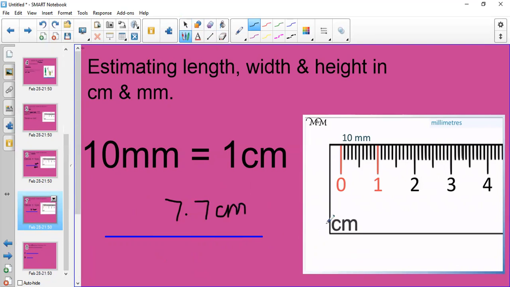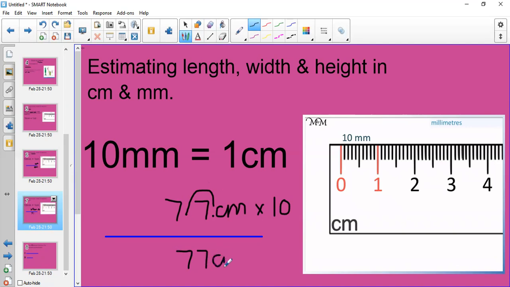If your ruler doesn't have millimeters on it, then the easy way to convert it into millimeters is to multiply this number in centimeters by 10. Again, if it didn't have a decimal point, you can just add a 0 onto it. But this number has a decimal point. If it was asking you to divide by 10, we know that we would move this decimal point one place to the left. But we're not dividing by 10, we are multiplying by 10. So this decimal point actually has to move one place to the right, or one place forward instead, and it goes here. So that number actually becomes